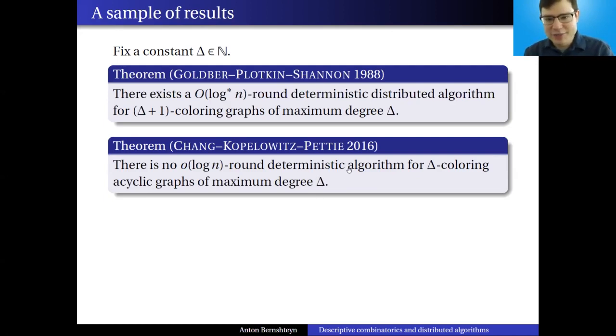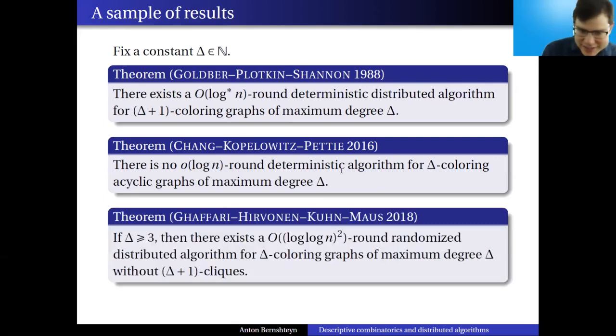Now, what if instead of deterministic algorithms we look for randomized ones? Well, then you can actually do something that is significantly better than log n. This is the theorem of Ghaffari, Hirvonen, Kuhn, and Maus. If delta is at least 3, then there is a randomized distributed algorithm that runs in, okay, it doesn't matter what exactly this is. The main point for me is that this is a little o of log n round randomized distributed algorithm that delta colors graphs of maximum degree delta without delta plus 1